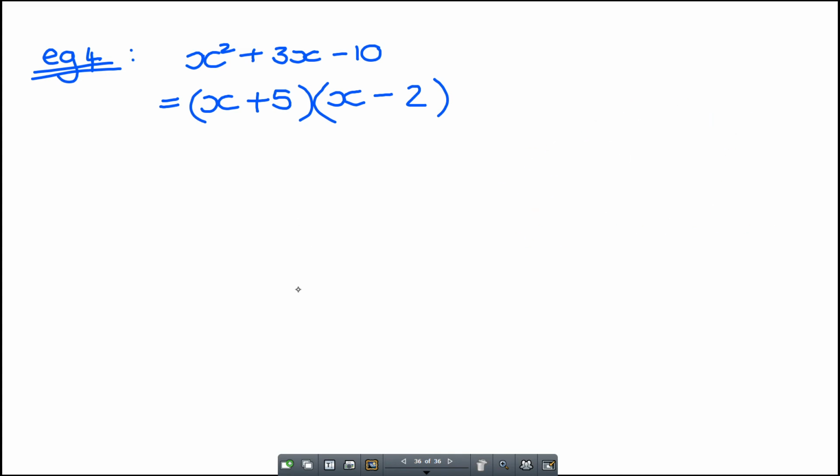Right, people. Now, the last example that I want to do is where we've got a coefficient of that x squared. So I'm going to give you guys 2x squared plus 12x plus 10. Now, when we have a coefficient,